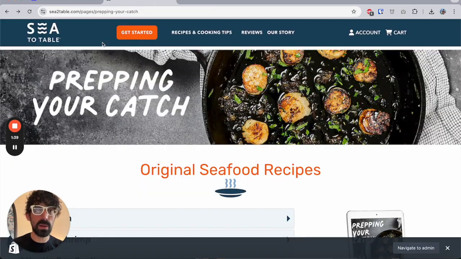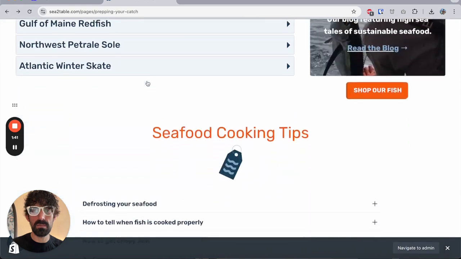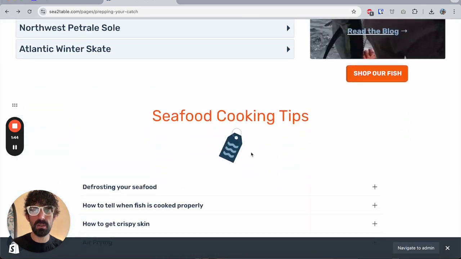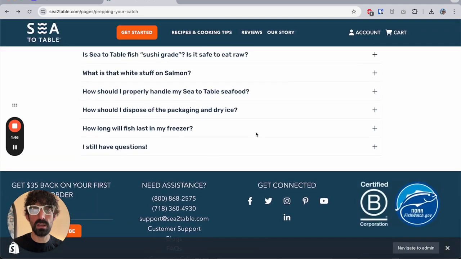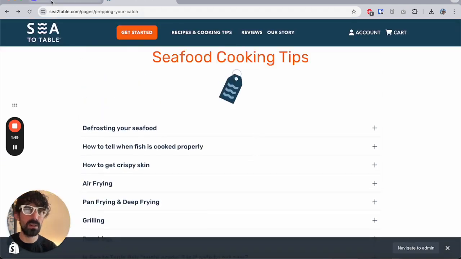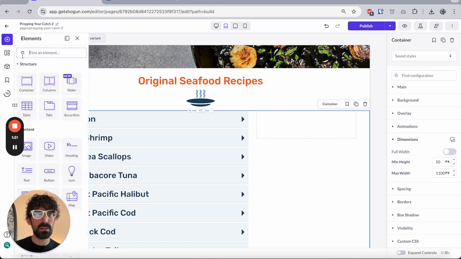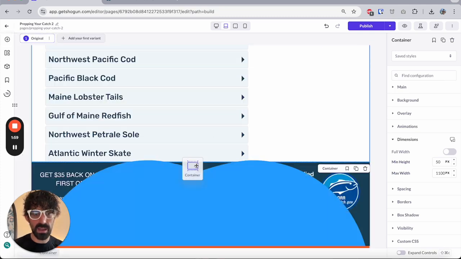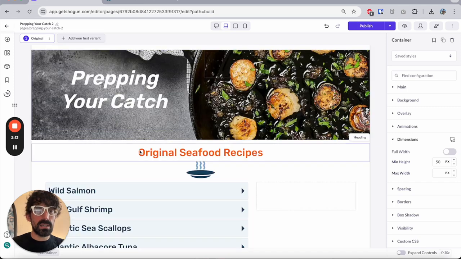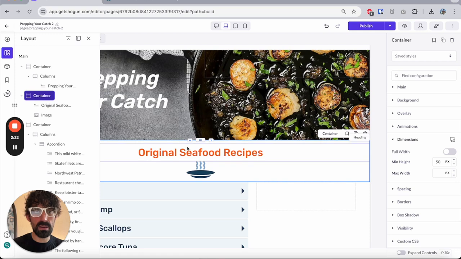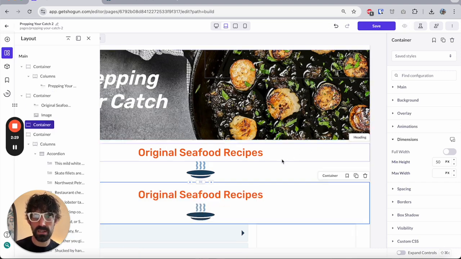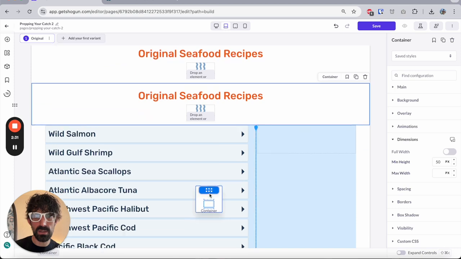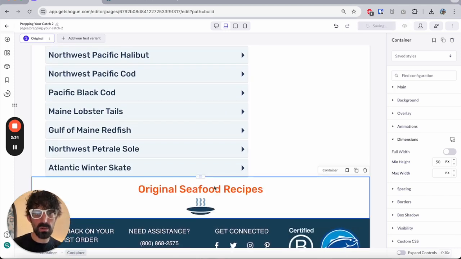Now looking at our finished page, we want another section below with our seafood cooking tips and another accordion just built slightly different. So to do that, we're going to bring in another container. We're going to place that after our first one. And to speed things up, since we put our H2 and our icon into a container, we can simply duplicate that container and drag that down into our new container